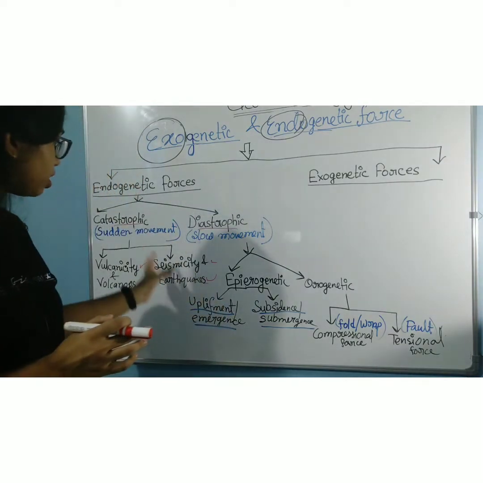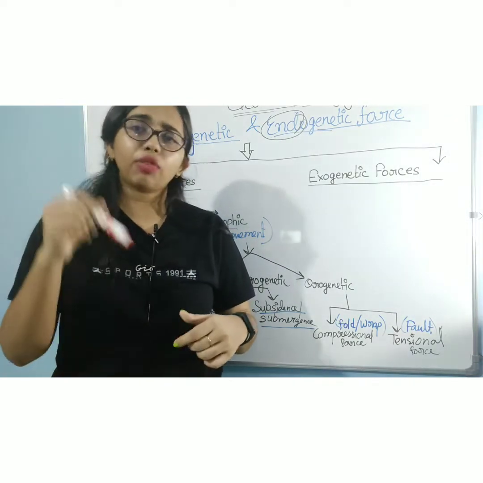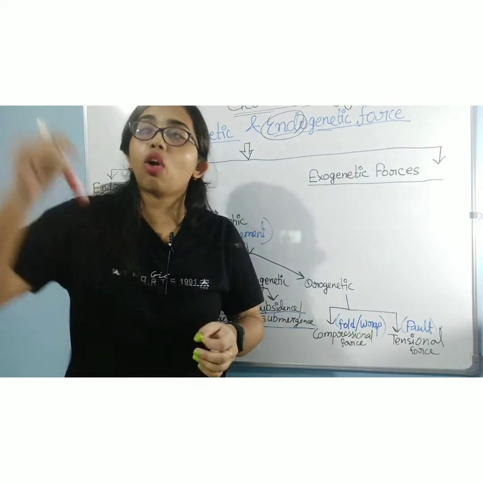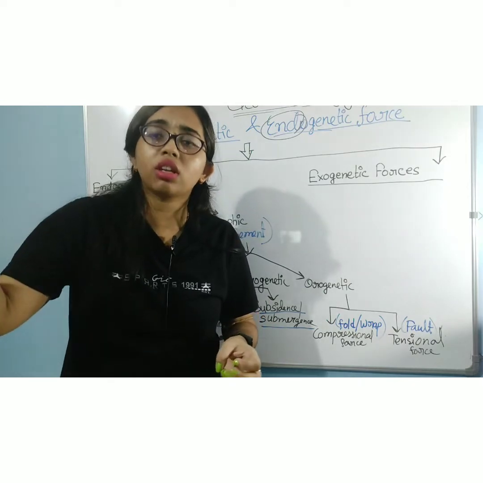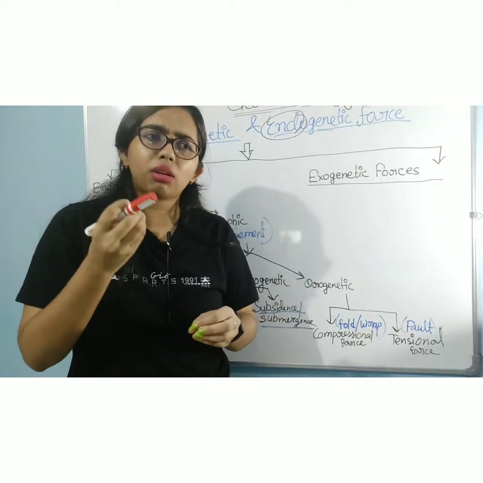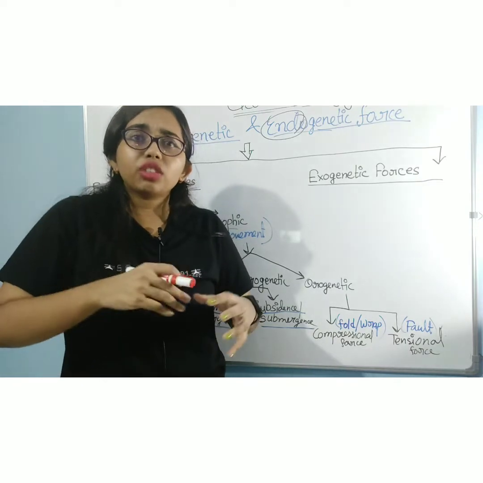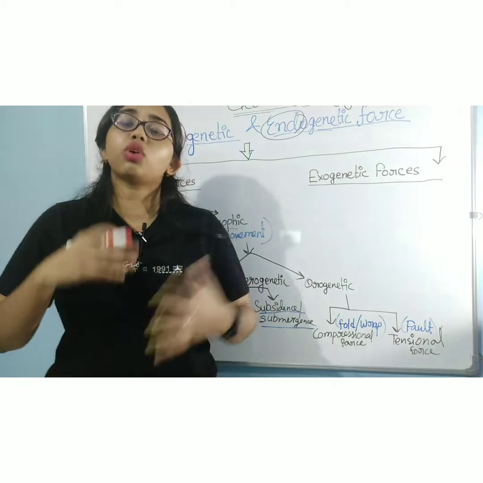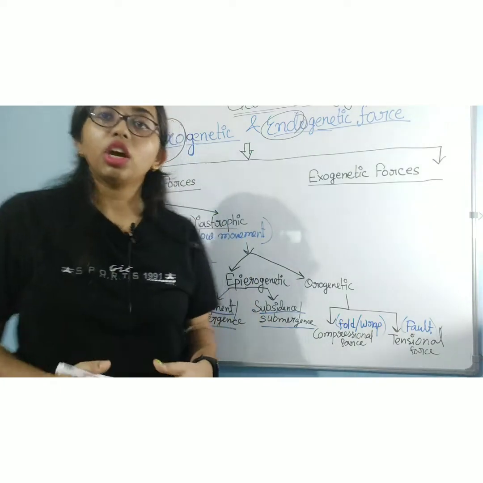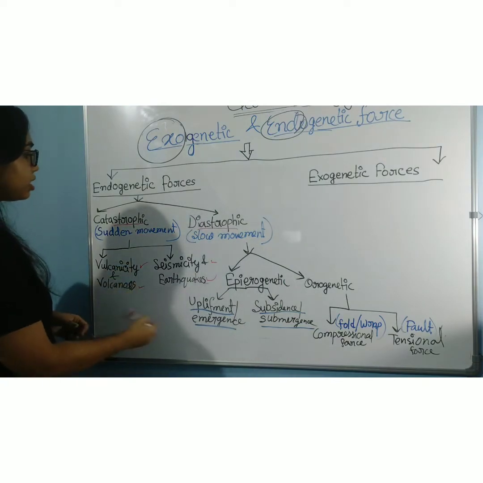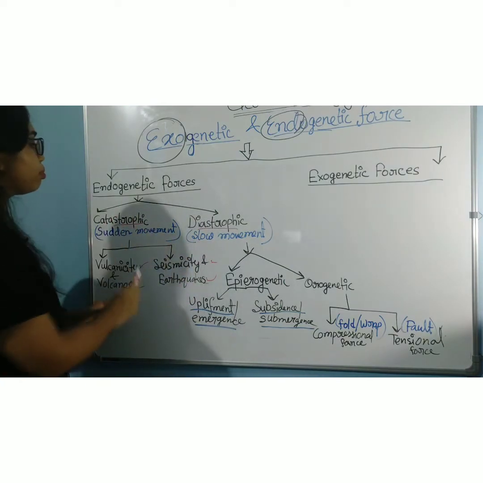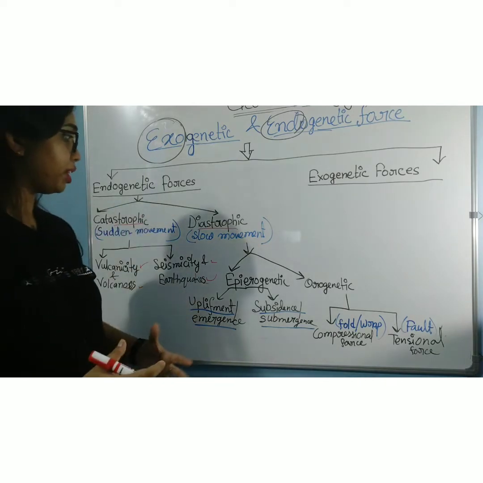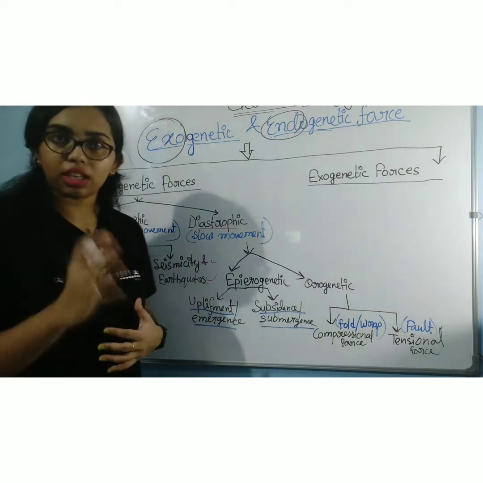And if I talk about earthquake, we are standing in 2020. We cannot predict any earthquake of 2050. It is difficult to predict. So it is not a slow-going force. Earthquake is also a sudden incident. So volcanicity and earthquake are called sudden movements or catastrophic forces, as these are not slow-going movements. It happens suddenly, just like that.